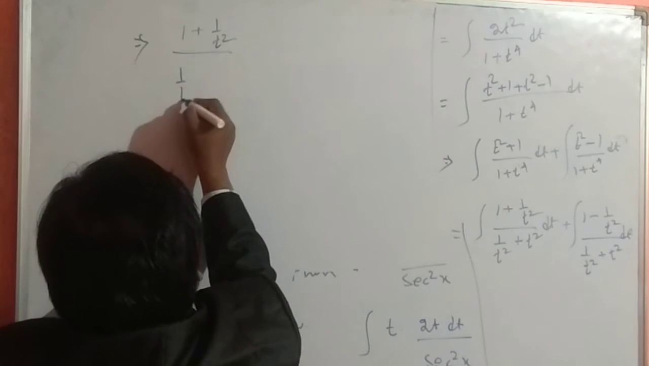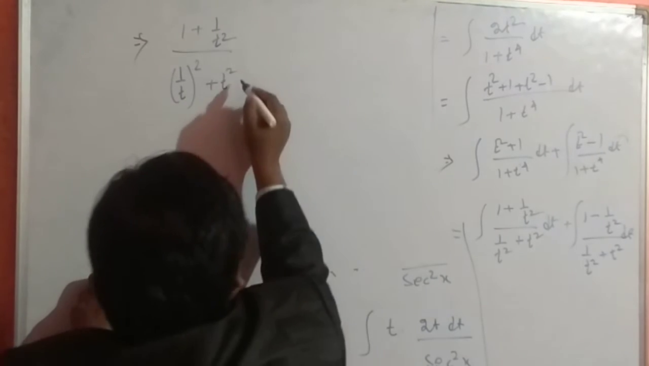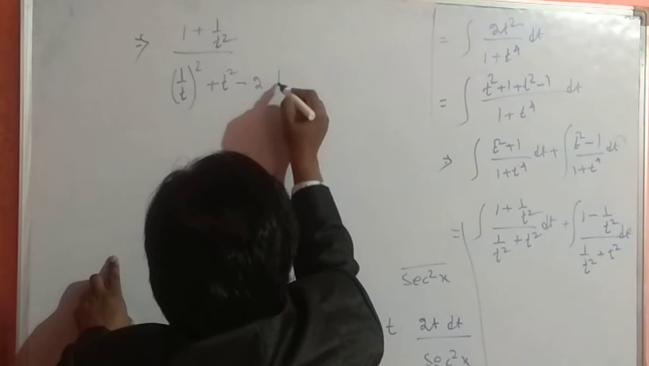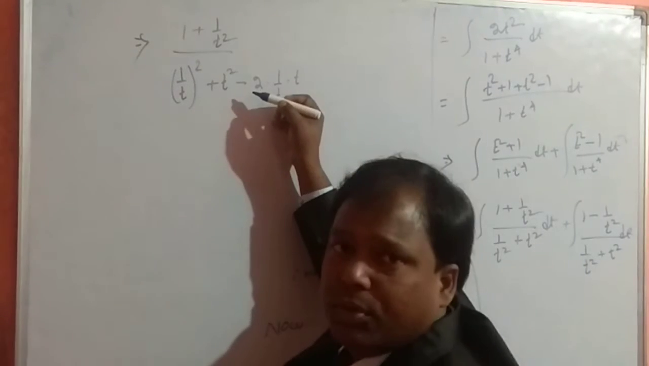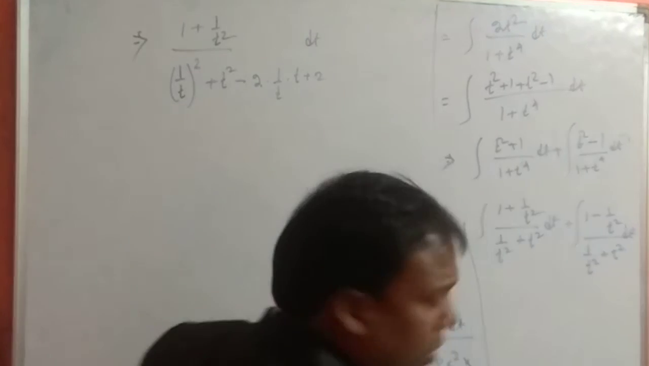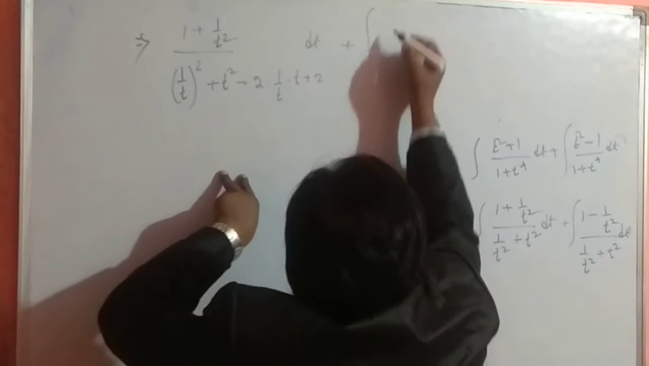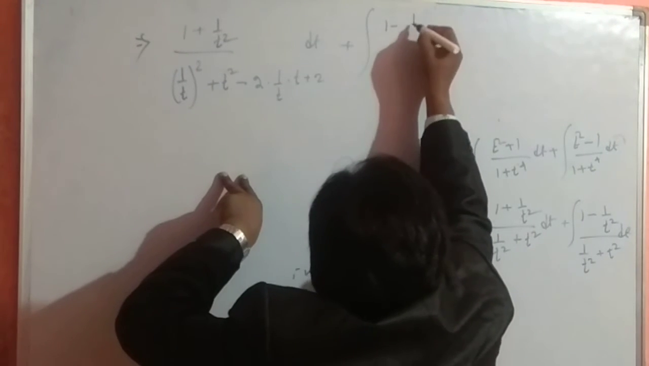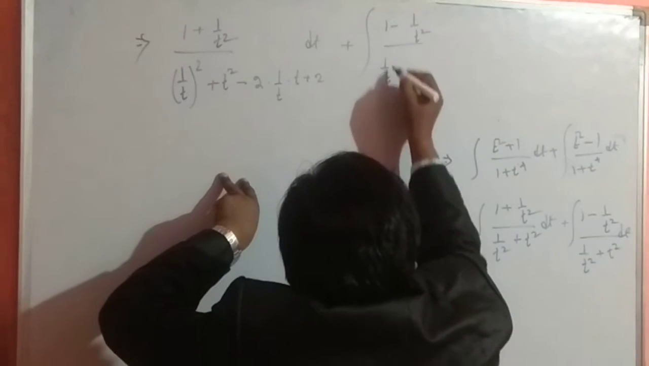That means a square plus b square minus 2ab, 2 into 1 by t into t. Then what extra have we added? Minus 2. Then let's also write plus 2 dt. So similarly for the second part, plus again integration of 1 minus 1 by t square all divided by again a